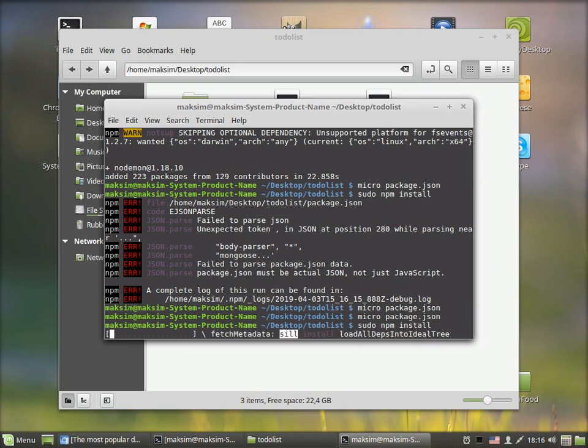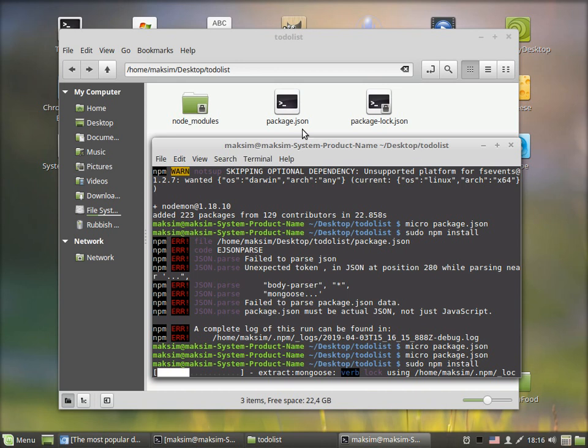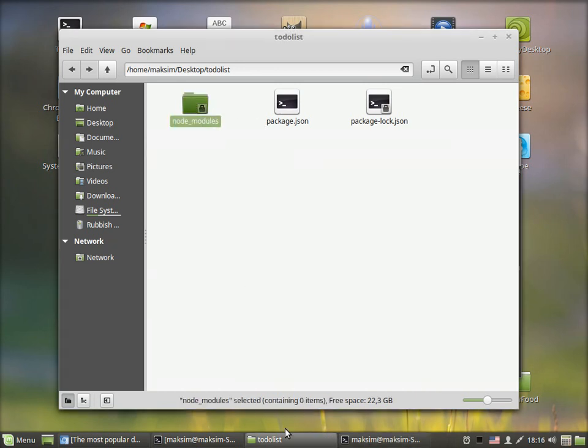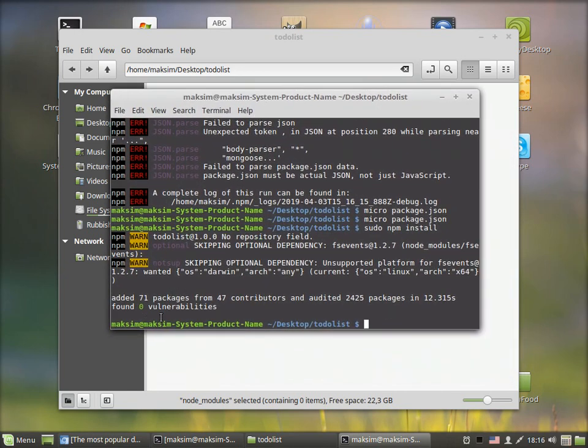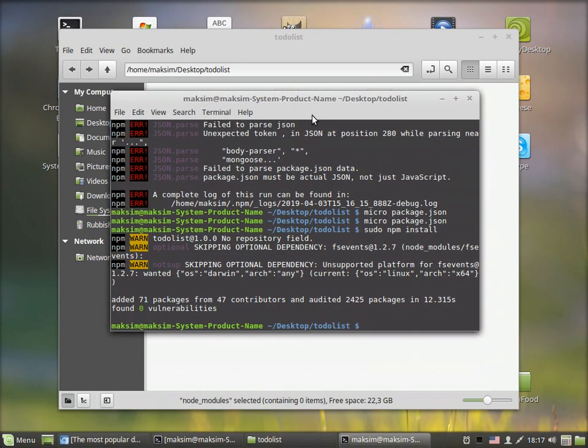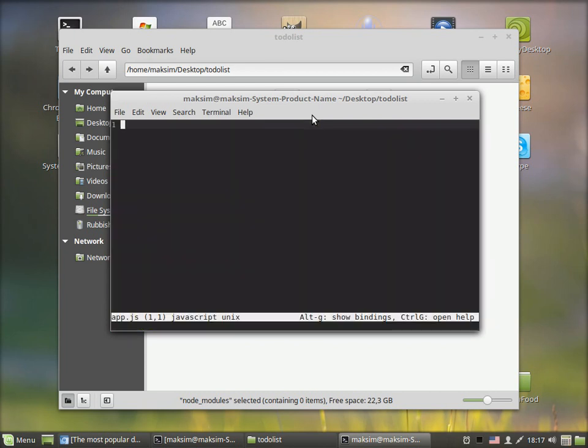Okay, and Node Package Manager is now installing the dependencies for our project. You see it has created this node_modules folder here containing all the dependencies, and it says that everything is just fine. And now let's create the heart of our application, called app.js, and do the bare minimum in order to run our server, and this would be it for this video. So the first thing is we have to